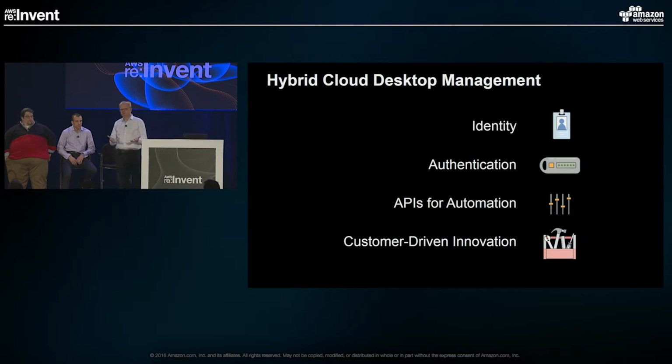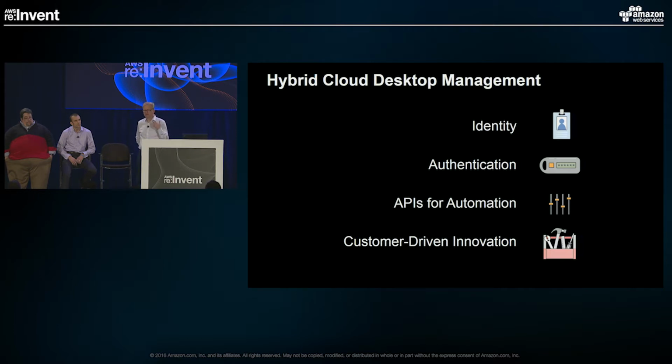As we launched Amazon Workspaces, it became clear for us that for our desktop to be useful for IT administrators, it had to not require them to make massive changes in the way that they administer desktops today. So it needed to integrate with their own existing methodology and tools for administering and launching and maintaining desktops. Effectively, we needed to have it be a hybrid IT solution so that you could have a hybrid of your on-premises mechanisms for managing desktops, for managing your cloud desktops.